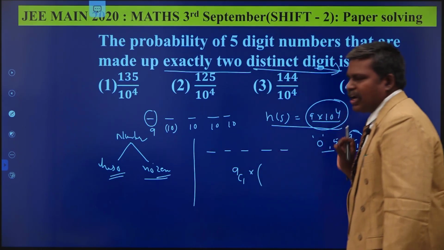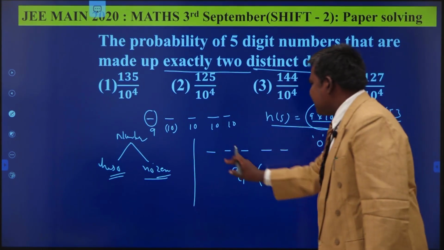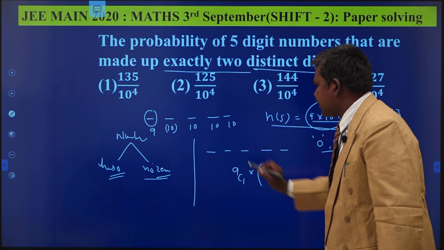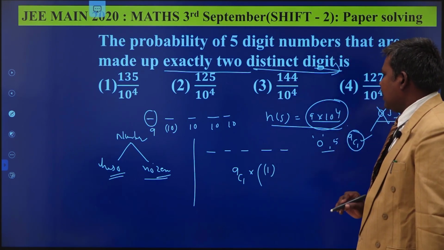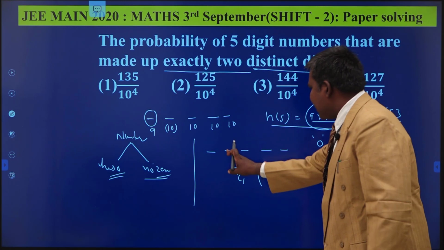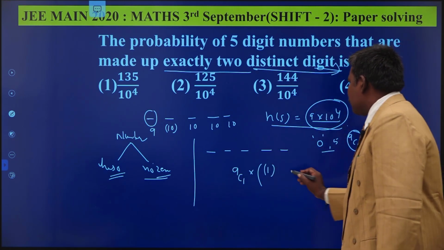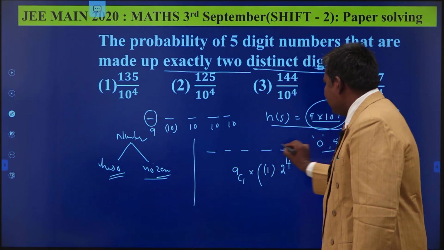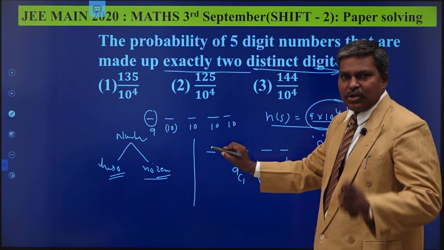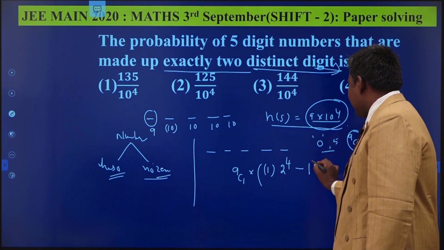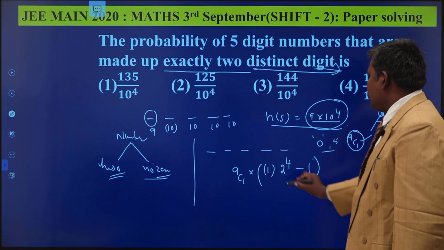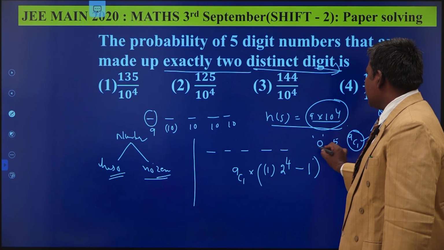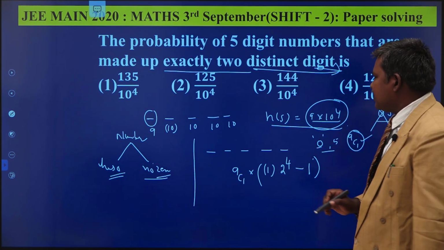We have to find all the 5-digit numbers. So the first place can be filled with only 5. If you take 6, you have to put 6 here. That is only one way. And 0 and 5 may appear in the other 4 positions. That means 2 to the power of 4 ways. But if you take 5 every time, that is not correct because you have to use 2 numbers. That is why you subtract 1. So 9C1 into 2 power 4 minus 1. These are the number of 5-digit numbers which contain 0. This is case 1.